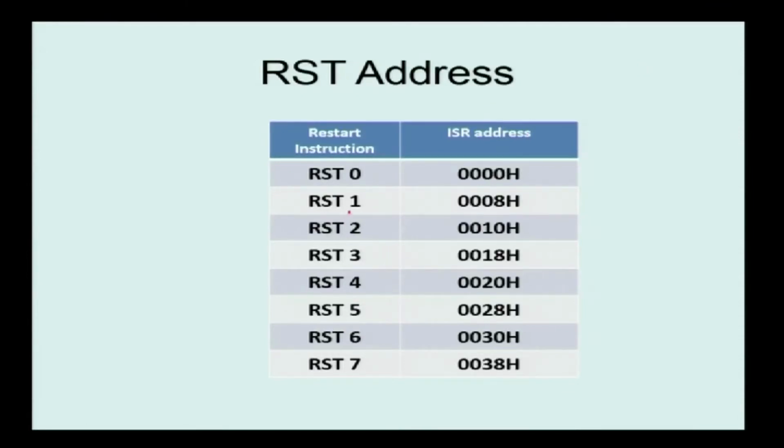Suppose you have interrupt 1. So, 1 into 8 is 8. Actually the memory addresses are represented in 4 digits, that is why we are adding 0 0. Suppose for 2, it means 2 into 8. Once the interrupt is identified, we have to multiply it by 8. So, 2 into 8 is 16. We could not write it as it is; it should be converted into the hexa equivalent. For converting to hexa equivalent, we have to divide by 16. Dividing by 16, the quotient is 1 and the remainder is 0. So, finally, we write the number as 1 0. To adjust the positions, we are adding 0 0. In a similar way, we calculate the address for all interrupts.